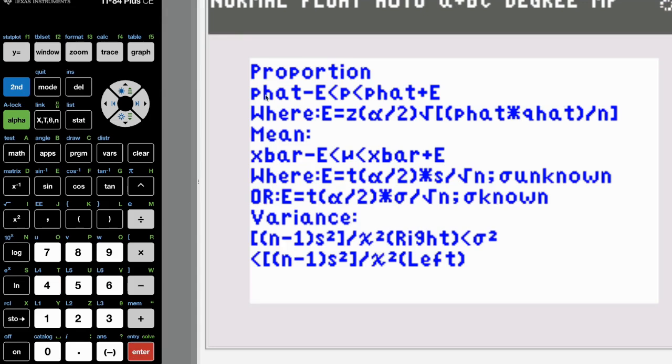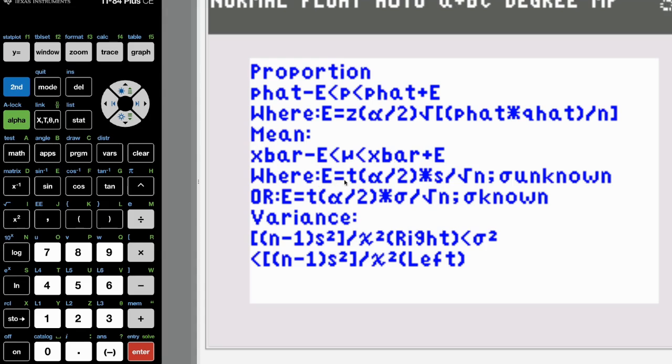So we've got a proportion, and this is p hat. So it's p hat minus e is less than p is less than p hat plus e. E, I believe, is the margin of error. So e is z, like your z-score, alpha over 2 times the square root of p hat times q hat divided by n. Mean is x bar minus e is less than mu is less than x bar plus e,